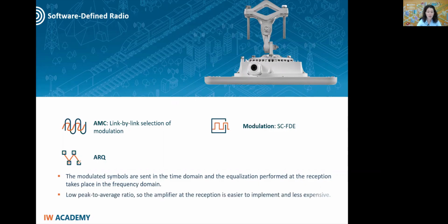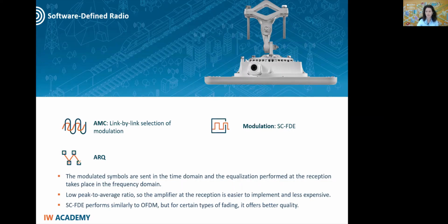This type of modulation has the advantage that the peak-to-average ratio of the transmitted signal is low, as opposed to the OFDM signal, so the amplifier is easier to implement and less expensive. Moreover, single carrier FDE performs similarly to OFDM, but